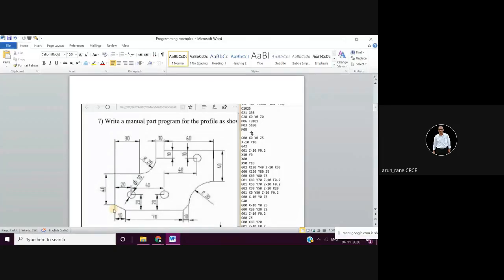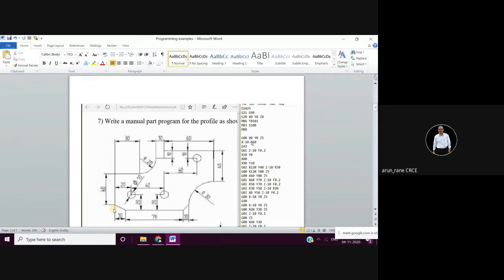Then followed by M08. M08 is nothing but coolant on. So now here the coolant will start. Now remember here, if you write M03 S100 and M08 together, it will be a mistake. You will lose marks because no two M codes are allowed in a single block. You can have multiple G codes in the same block, but you cannot have more than one M code in a single block. So that's why M08 has to be written in a separate block.